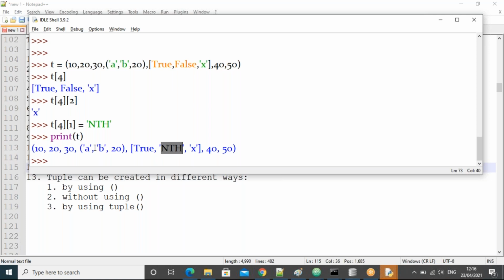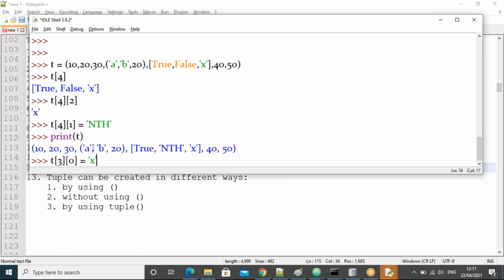Next one, guys. Let me know. I want to replace this A with some X. Tell me now, is it possible here? So I'm trying here T of 0, 1, 2, 3. In that 3, in place of A, which means index 0, I am trying to give something X, guys.